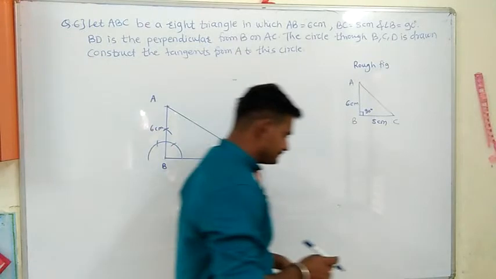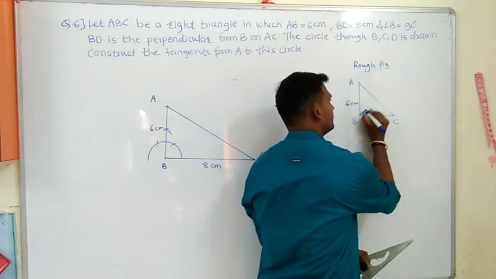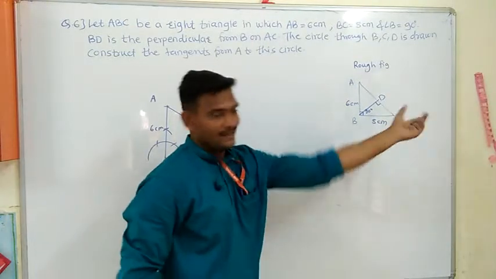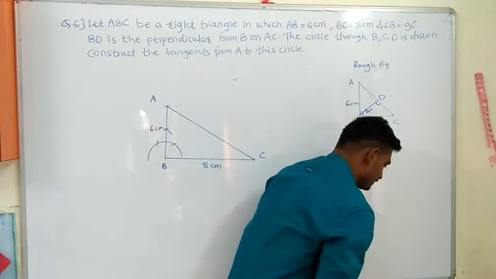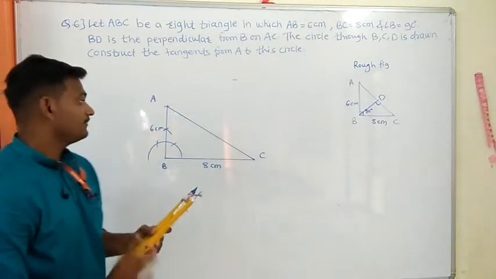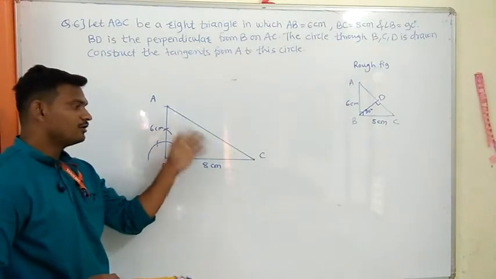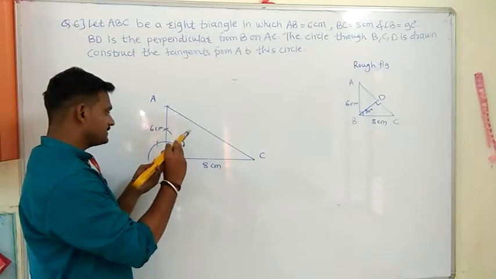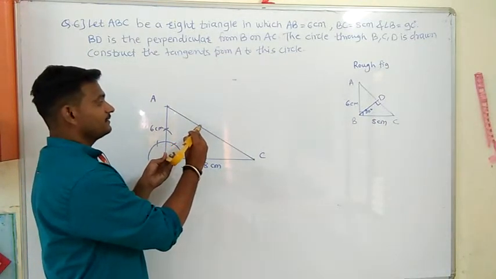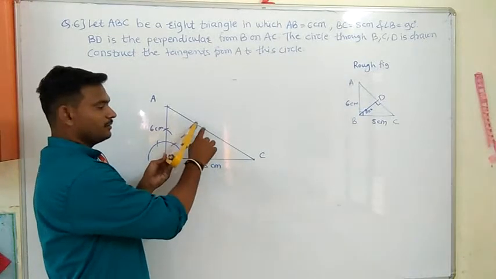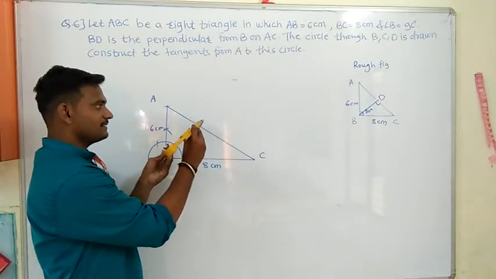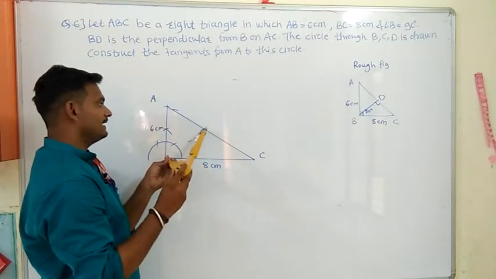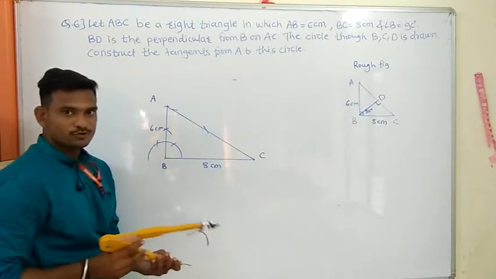To draw this, see here, I will draw a rough figure also. BD is a perpendicular from the point B on the AC. It is given. Now to draw this perpendicular, listen carefully here. To draw this perpendicular from the point B on the AC, we have to take a compass and take a distance which is a little bit greater than this line AC, that is up to this much distance, and mark here this one point and also this one point. We got these 2 points.